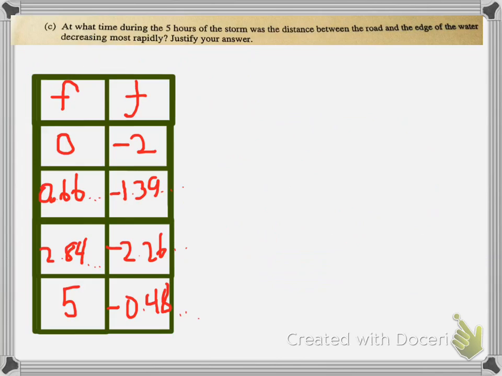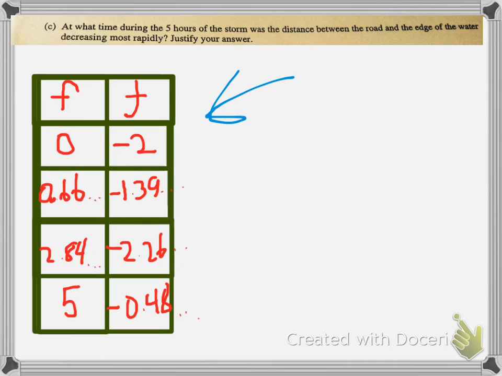Now, on to part C. At what time during the 5 hours of the storm was the distance between the road and the edge of the water decreasing most rapidly? Justify your answer. The easiest way to figure this out is to do a table. The table will serve as your explanation and your justification, and all you have to do is pluck out the value that is the lowest,